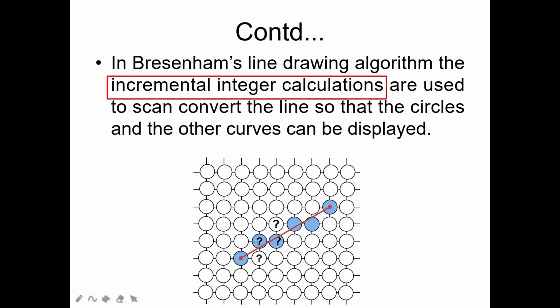Suppose you have got a point here or here or here somewhere, then you have to choose which one will be helpful for you. Here we always go in an incremental way. We do not start from the end point and go back to the first point, not in a decremental way. So this is the first point you have to remember: always we go in an incremental way.